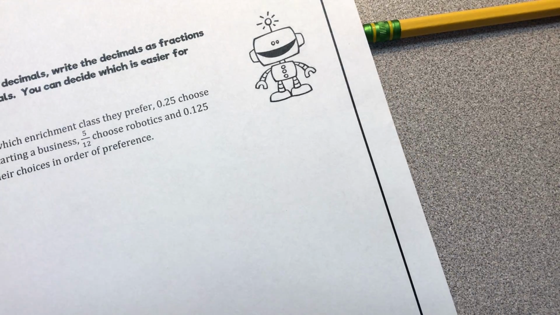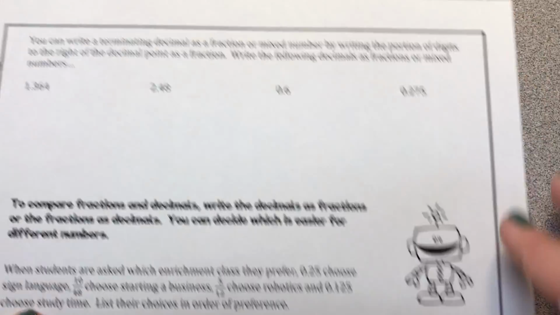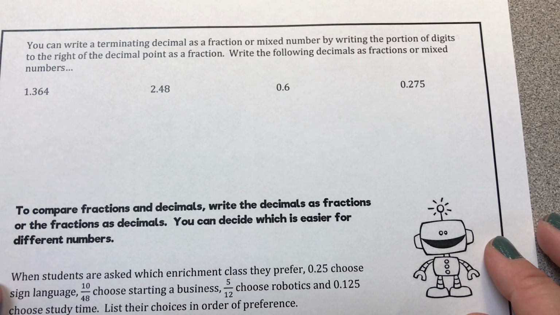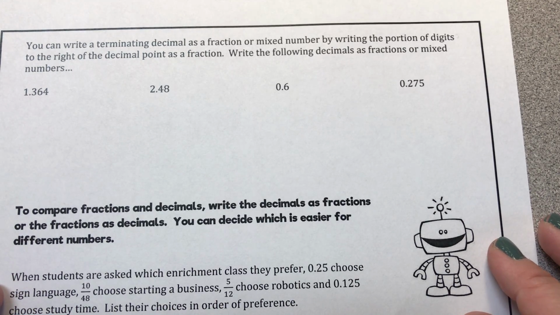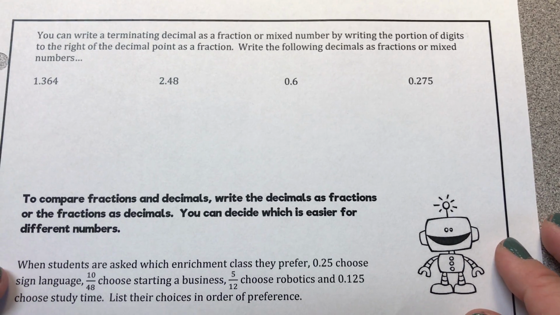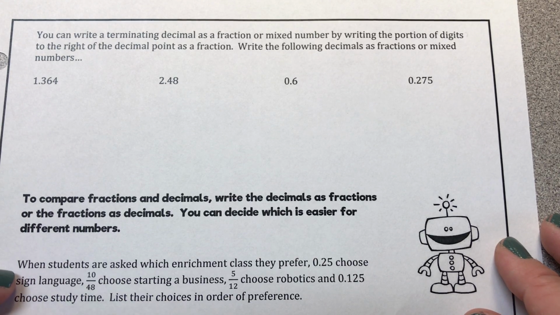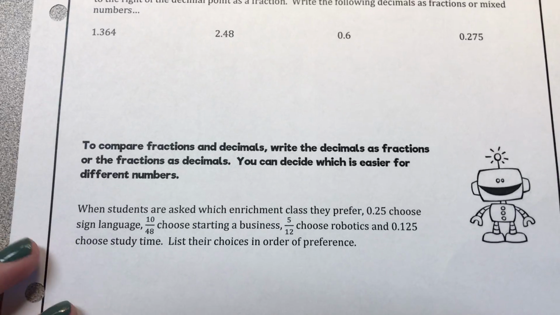So now look at your next page. It says, you can write a terminating decimal as a fraction or a mixed number by writing the portion of digits to the right of the decimal point as a fraction. Write the following decimals as fractions or mixed numbers. Okay, so we have